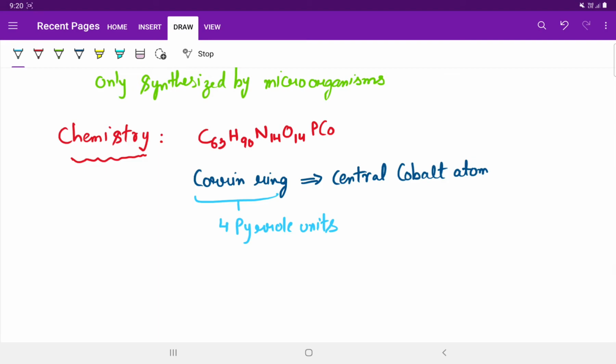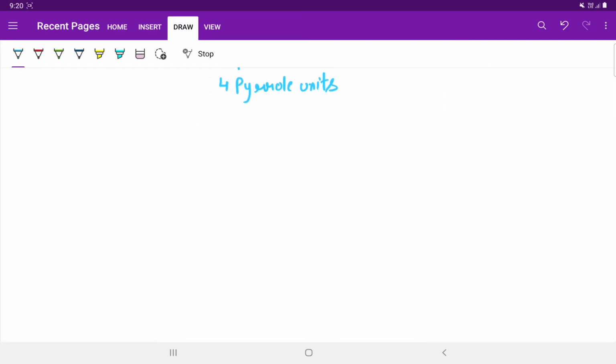So now let us first draw the structure of cyanocobalamin. So in order to understand, we must be drawing first the pyrrole ring structures. So students, be careful while drawing this. So understand how a pyrrole structure is drawn. So this is a pyrrole structure, we can see here, and to this the groups are attached such as methyl, acetamide, propionamide.